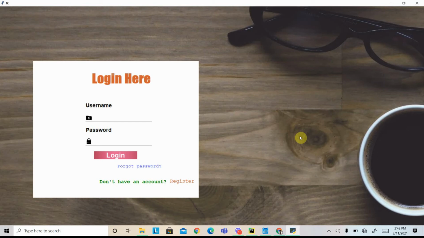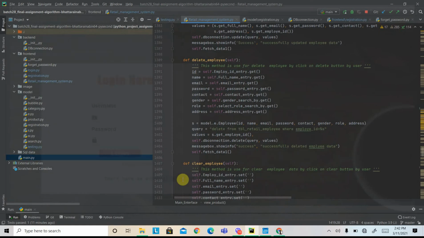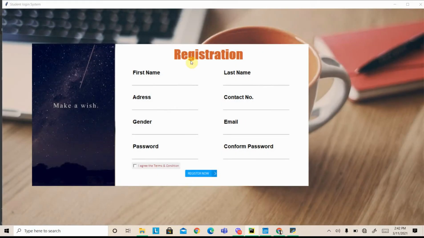Before entering the main interface of the retail management system, the user has to register an account by clicking on this register button, like this. This is the registration interface. If the user clicks the register button without filling in the information, an error message will pop up saying all fields are required for registration. Now I'm going to add a new user to the system,